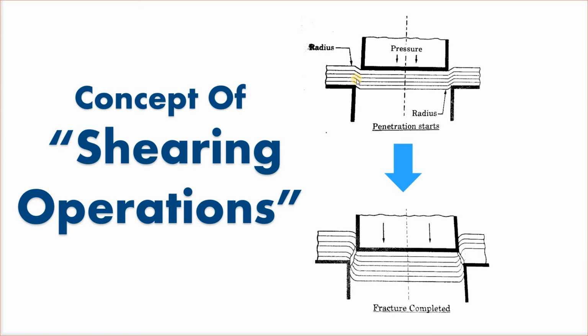If we talk about this in detail, we can categorize it into four stages: first, how the radius is formed; next, how the force or pressure is applied beyond the elasticity; then what happens; and finally when this portion breaks. So finally this breaks or fractures. All these four steps we will discuss step by step.